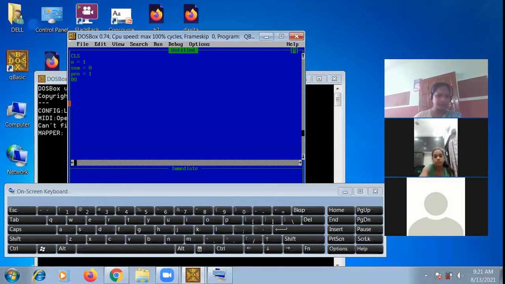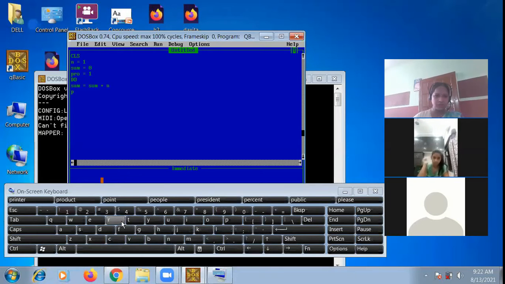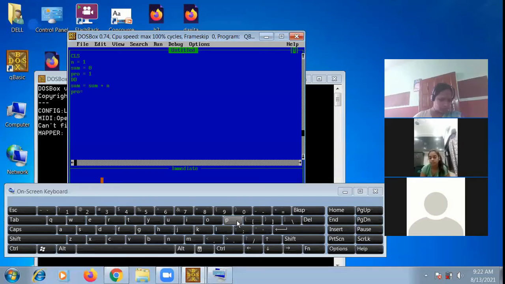Okay. Sum is equal to sum plus n. Product is equal to product multiply n.